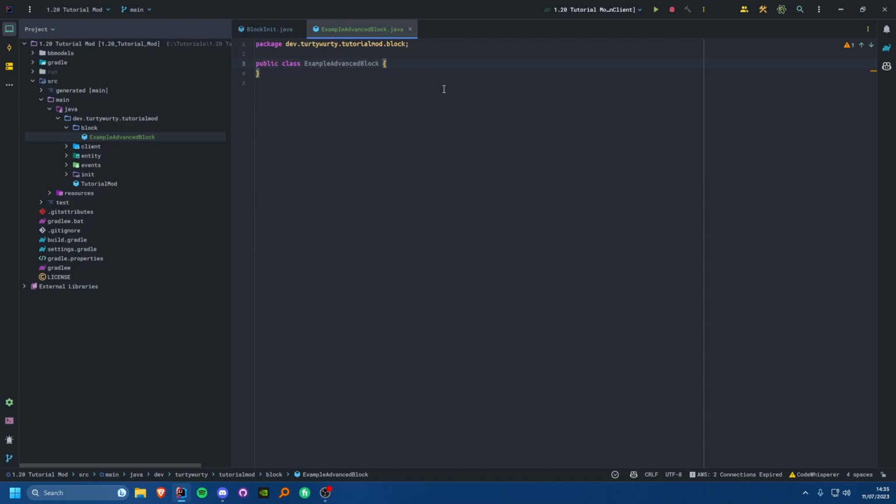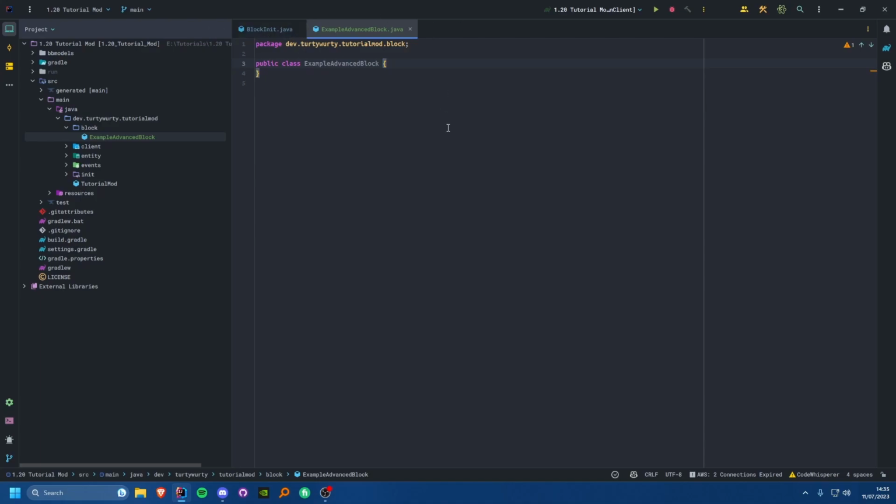When it comes to block entities, there are lots of different ways of doing things. So I'm just going to be covering one way, but I'm going to try and talk about the other possible ways that you could do things. Whichever one is correct or which is better is always debated in the modding community. So I'm going to try and show you both, but I'm only going to be sticking with the one that I personally use, the one that I think is easier and just makes more sense to understand.